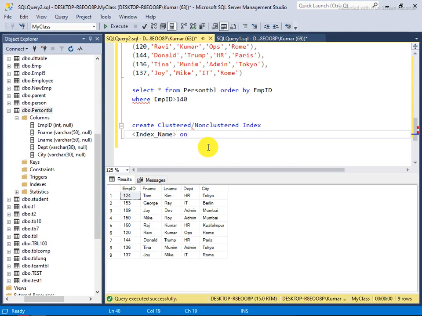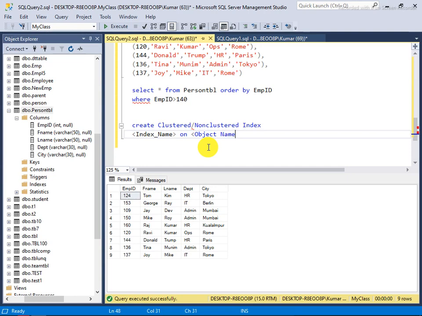Basically an object is a table, but a view is also an object, though really a view is not a table. Some views can also be used with an index, so that's why I'm saying object, not table. You can consider a table as an object, very similar but not exactly the same. I'm making it clear, objects and tables are not exactly similar. Okay, object name.